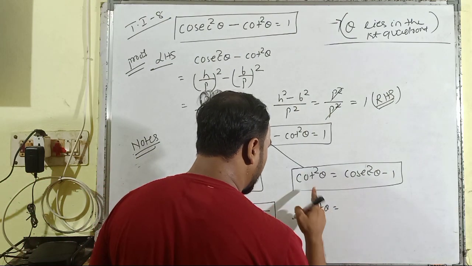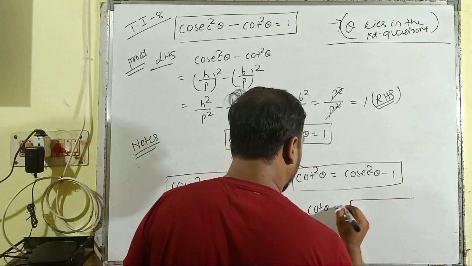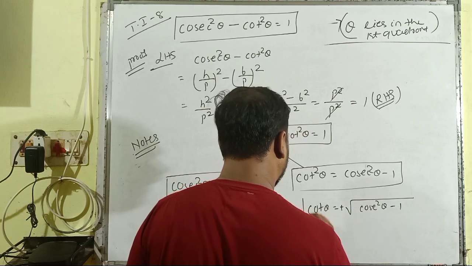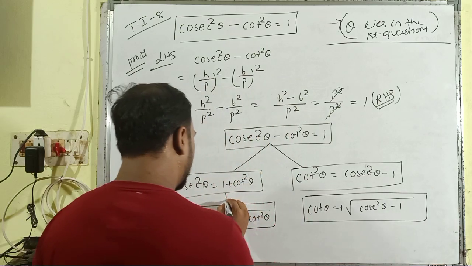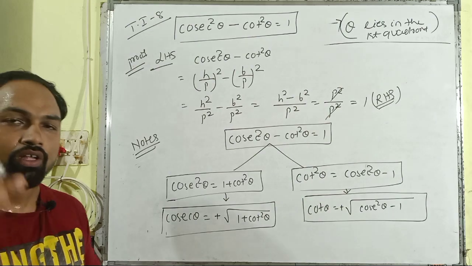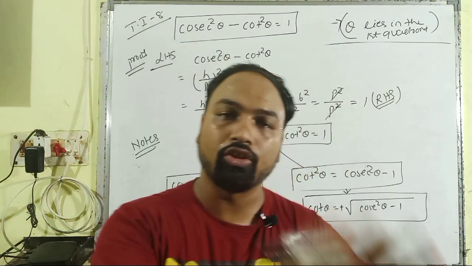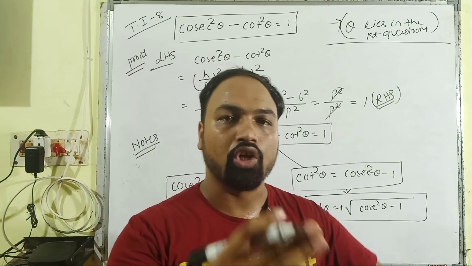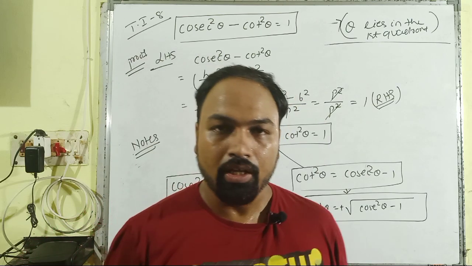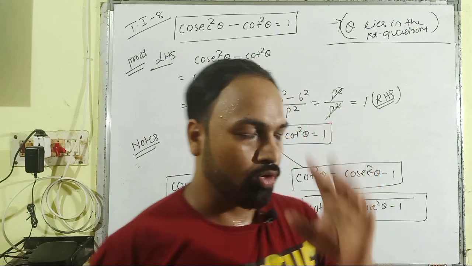Similarly, on the right hand side, we can give the positive sign before the square root sign, and the value of cot theta is the square root of cosec square theta minus 1. So this is the complete analysis of the definition of a trigonometric identity, and the total analysis of all 8 trigonometric identities that exist in the trigonometry chapter. Then let us move forward to some fundamental problems based upon these trigonometric identities.